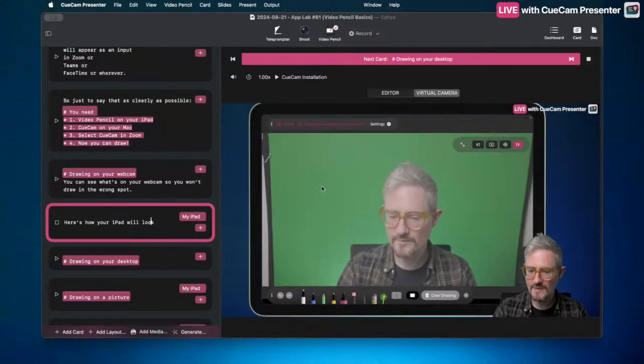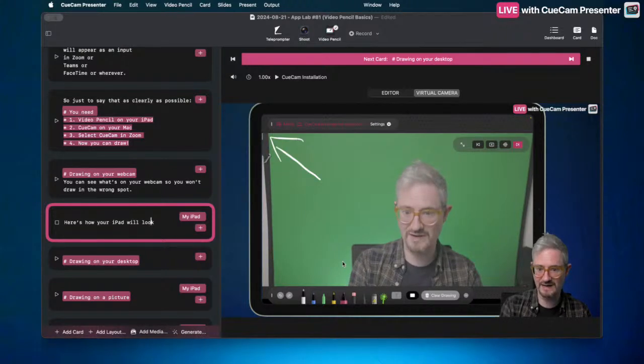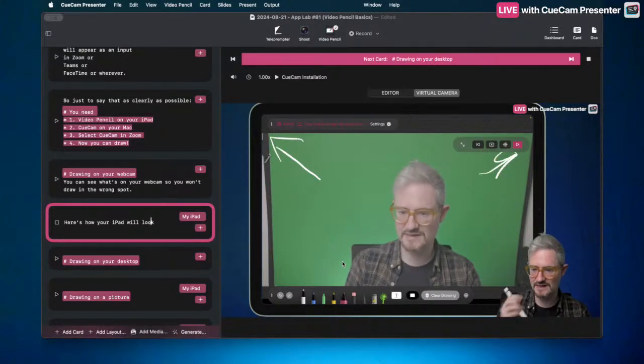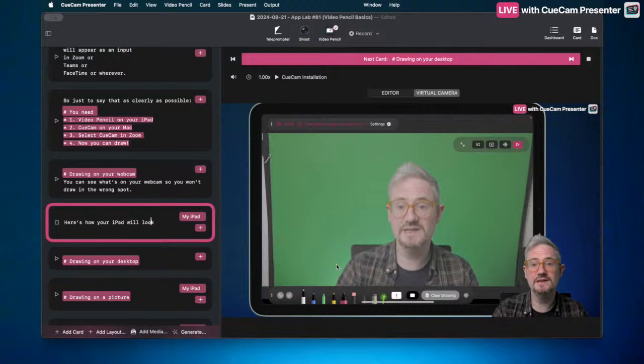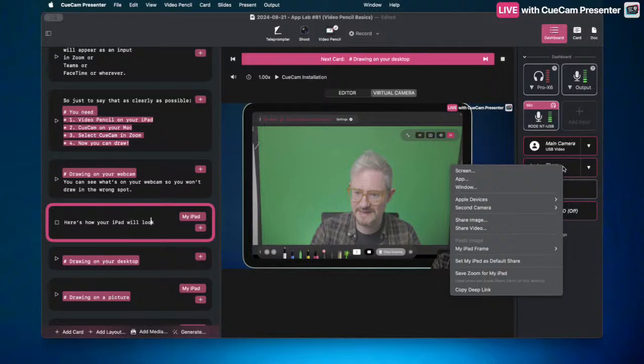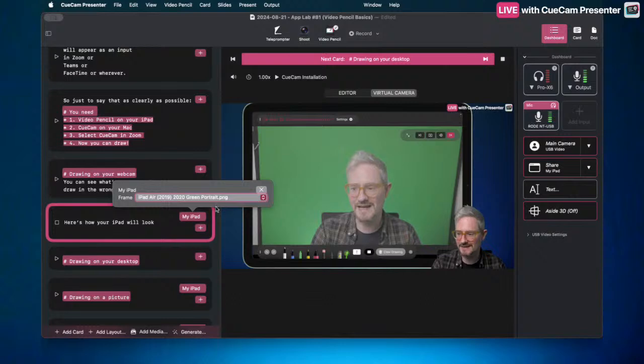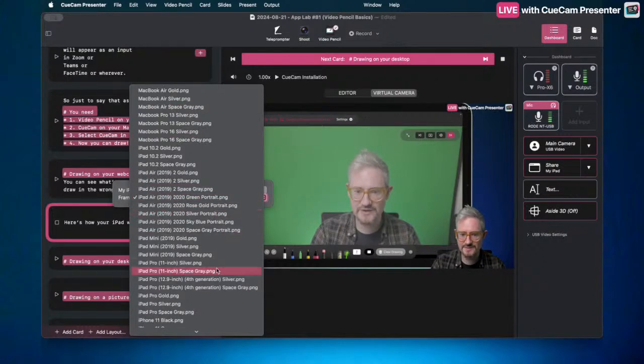So you'll see I'm sharing the iPad screen, but it's also got the chrome around the edges. It's got an iPad frame, and that's actually something that QCam does for you. And it will pop it up now, but you see when you're sharing an iPad. If we go into, how does this work? Oh yeah, so if you click on there, you're actually going to get a drop down